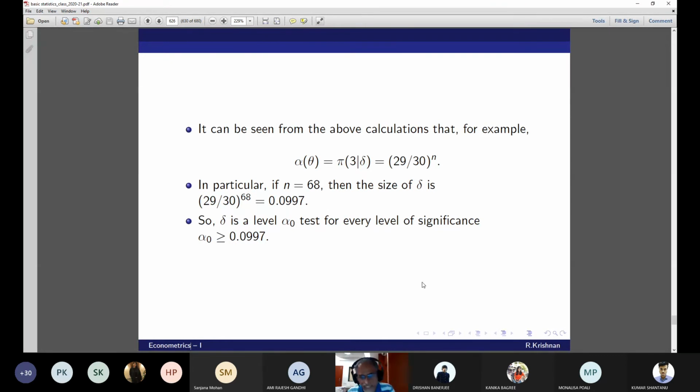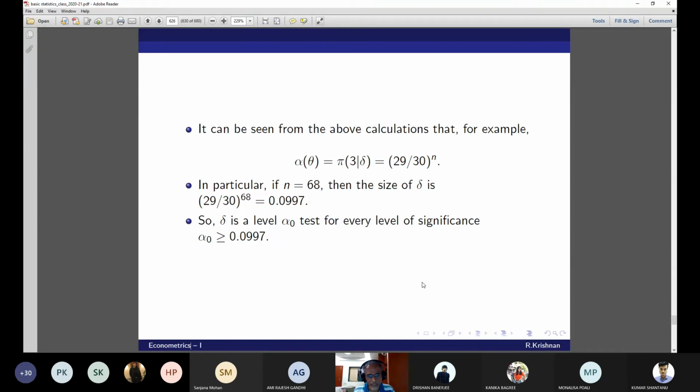What does this whole exercise tell you? This exercise is finding the critical level that you need for your test procedure. First point, why do you need it? Do you need it? You don't have to calculate this, because by experience, applied statisticians and econometricians have fixed this alpha to be either 1% or 5%. If you are not satisfied with this, many times I need the critical level for my test procedure. This is the way to go about it.